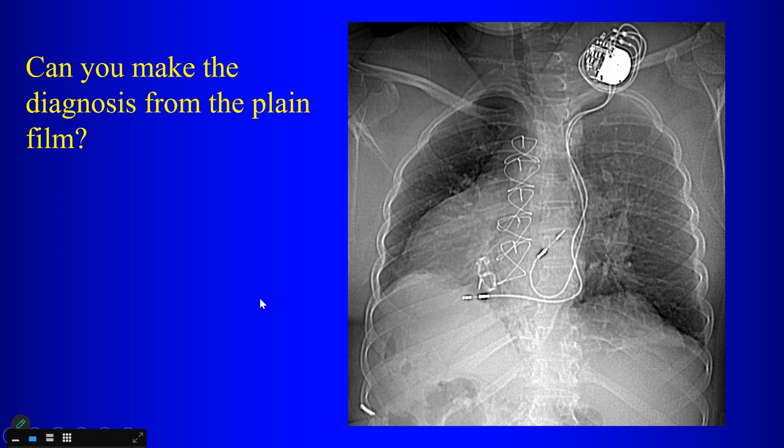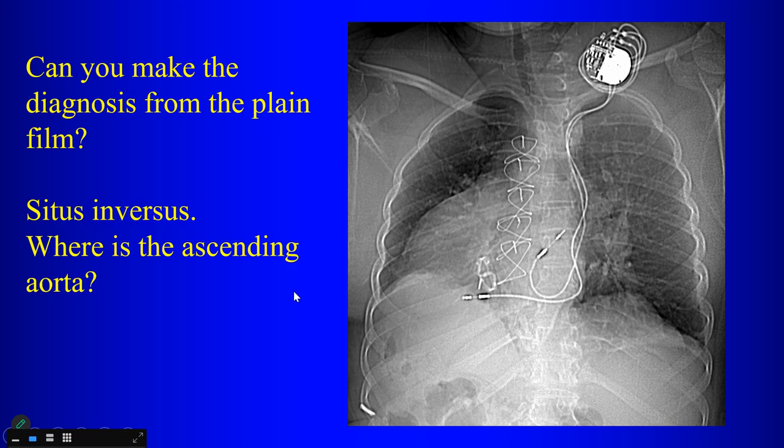Interesting question. Can you make the diagnosis from the plain film? Well, we have an inkling that the patient has situs inversus, right, when we look at the abdominal organs. The question is, can we tell where the ascending aorta is, right? If you look at the plain film, do you have a clue where the ascending aorta is? So look at the mediastinum here, right? There's this thing coming up, which turns out to be the ascending aorta to the right of the pulmonary artery,